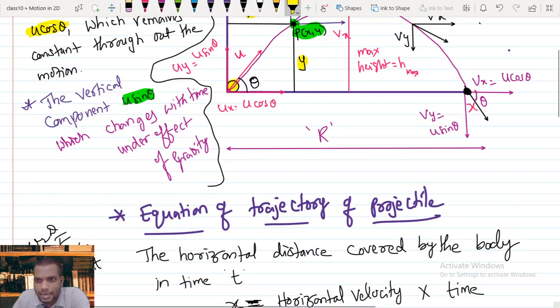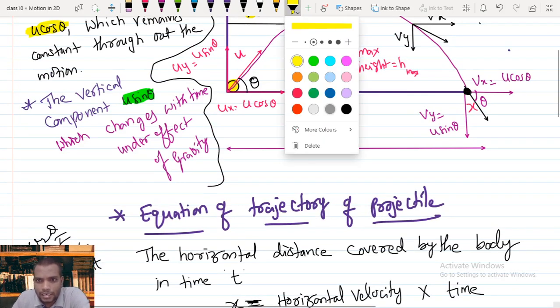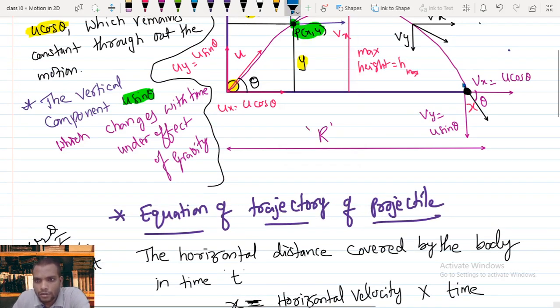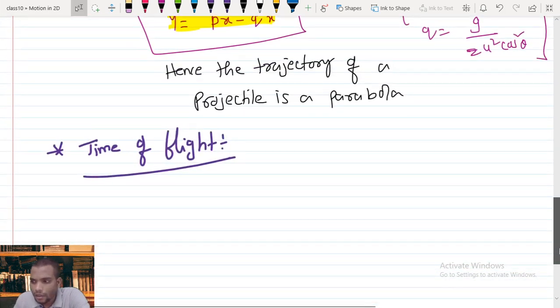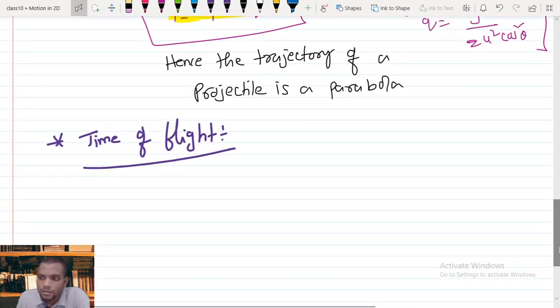So you can notice that I am going to highlight it with a different color here, blue. So in the diagram, this is the point and this is the starting point of the ball which I launched. Now how to find the time of flight? We can use the second equation of motion. Why is it used in the second equation of motion? What is the net